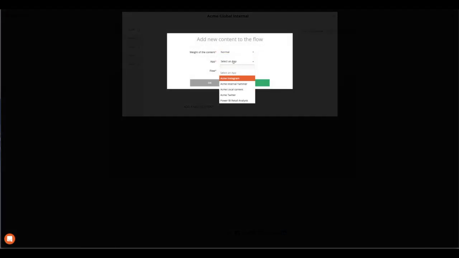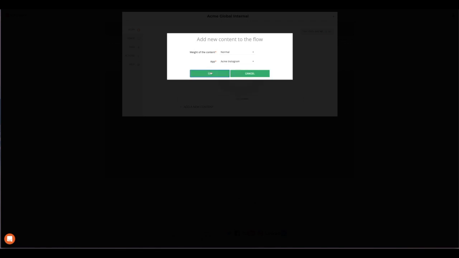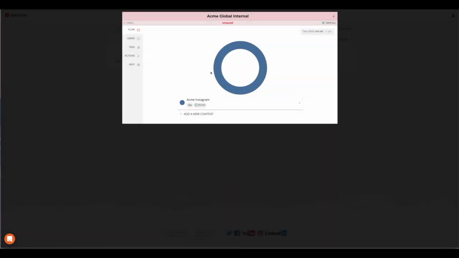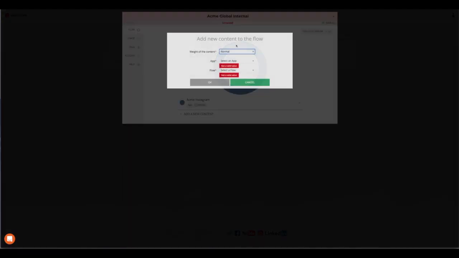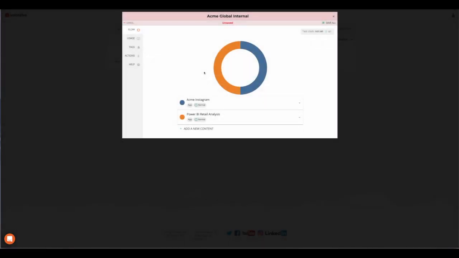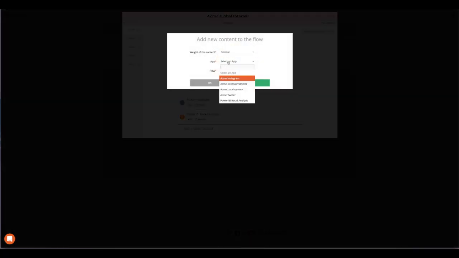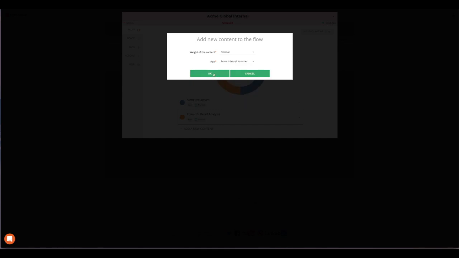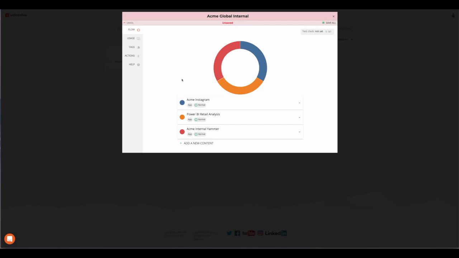And we'll select our applications. I'd like to show content from our Instagram account, so use our Instagram app. And then we'll choose the Power BI app we just created, like so. And then we'll choose the Yammer app, some internal community discussion. Okay, we have 3 apps in our flow, and what flow basically is, it is a programmatic playlist, and it